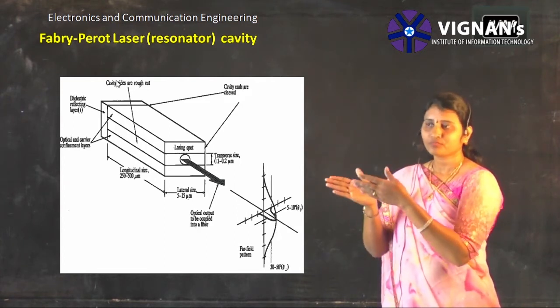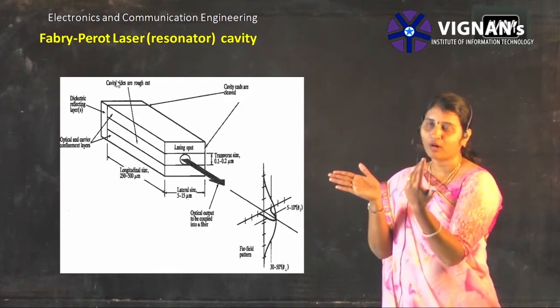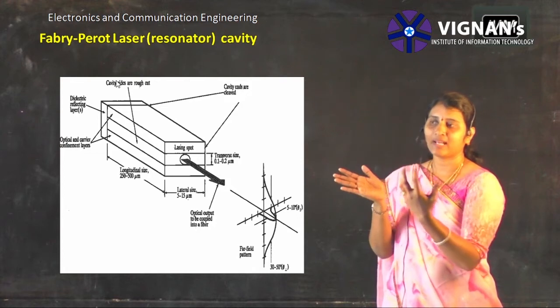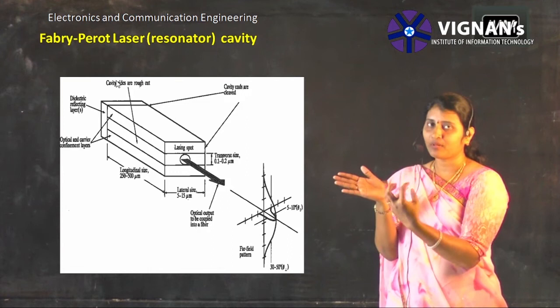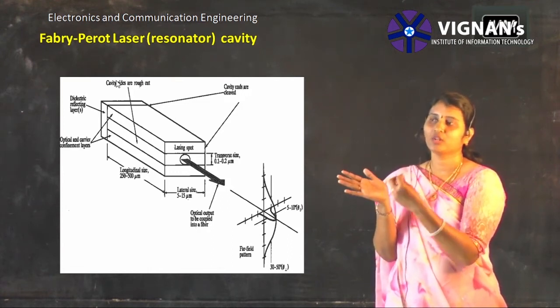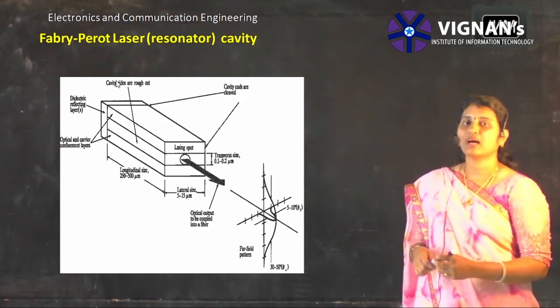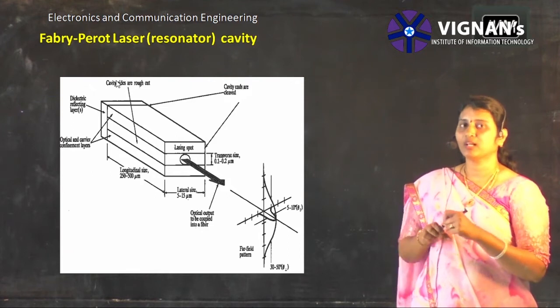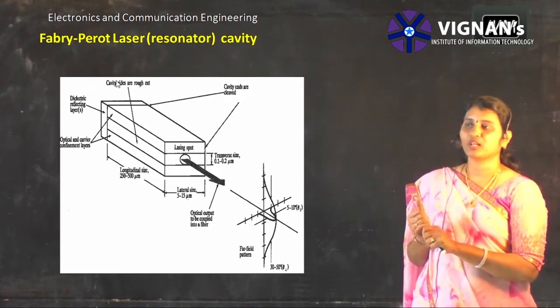So the dielectric medium will be reflecting the light back to the output slit, and all the photons that are generated are in phase, so everything will come in a single phase. So that will be a coherent direction. So this is the Fabry-Perot laser cavity, and we also have the distributed feedback laser structure, which resembles the same as your